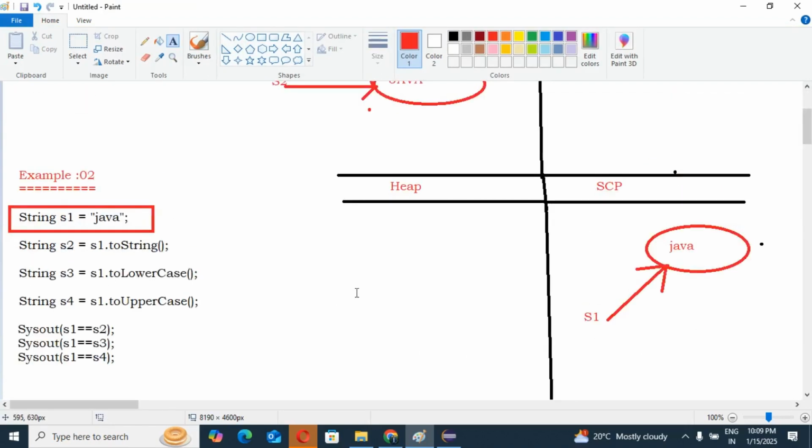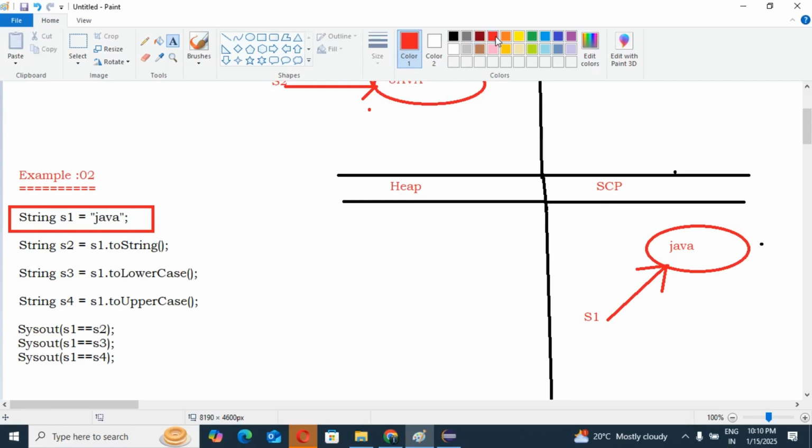Then second, you can see string s2 equals s1.toString(). Guys, please be focused and give some special care here. s1 is already a string, so converting a string to a string, tell me, will any content change? No, guys. Whatever string is there, if you convert it to a string, it will become a string only.